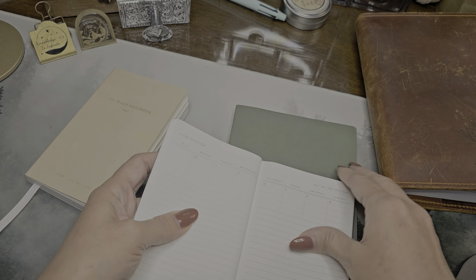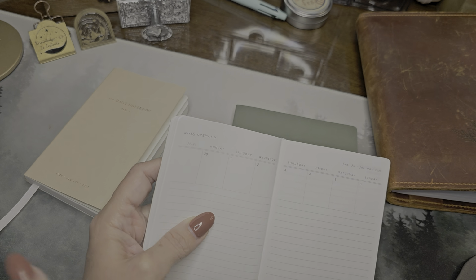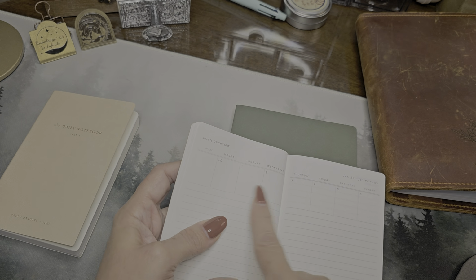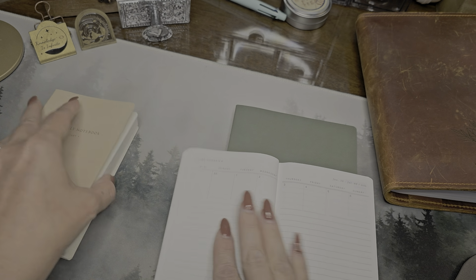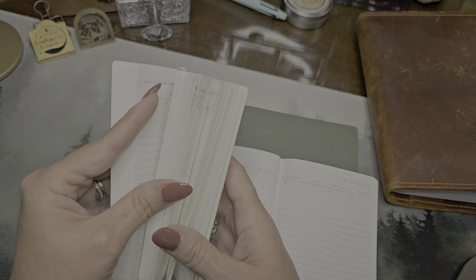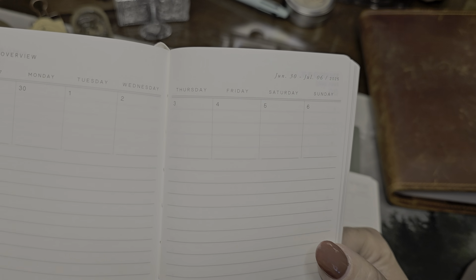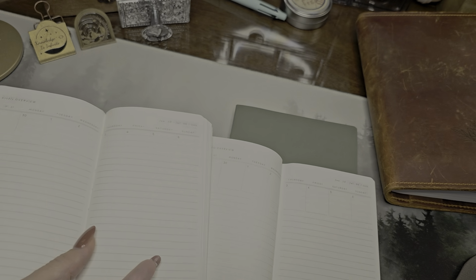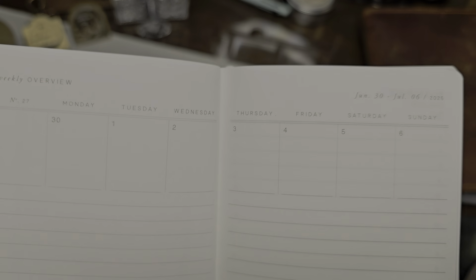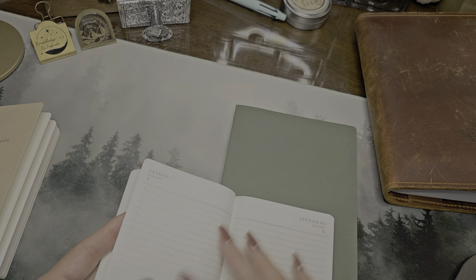And then into our weekly overviews. The weekly overview picks up June 30th through July 6th. So that last week that is in your part 1, you actually get it again here to cover you, or do any carryover, which is nice. So you have your June 30th through July 6th here, and you can pick it up right there in part 2, which is pretty thoughtful. I like that. And you have your daily pages for that week,